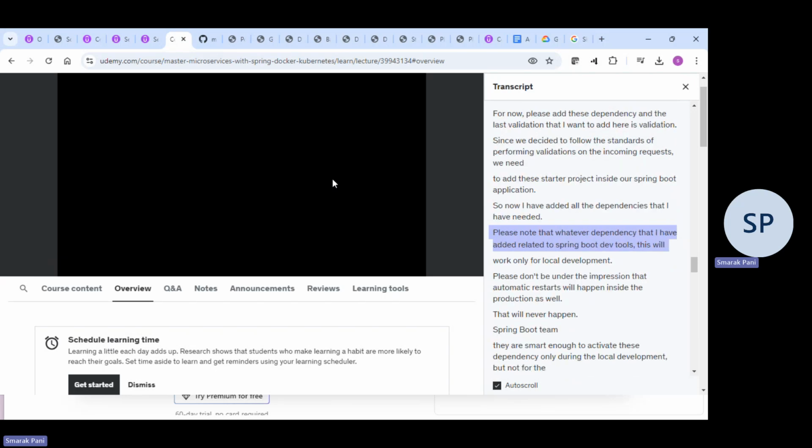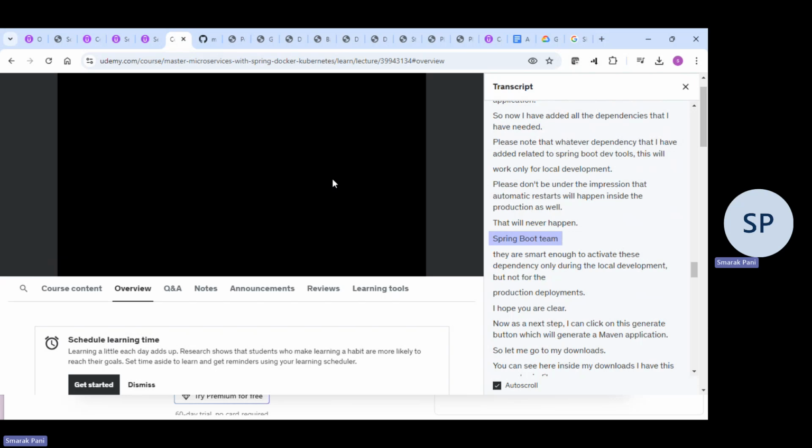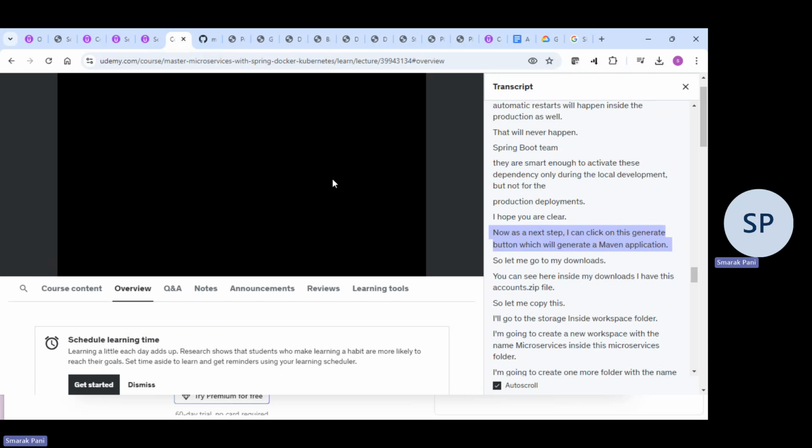Please note that whatever dependency that I have added related to Spring Boot DevTools, this will work only for local development. Please don't be under the impression that automatic restarts will happen inside production as well. That will never happen. The Spring Boot team is smart enough to activate this dependency only during local development, but not for production deployments. I hope you're clear. Now, as a next step, I can click on this generate button, which will generate a